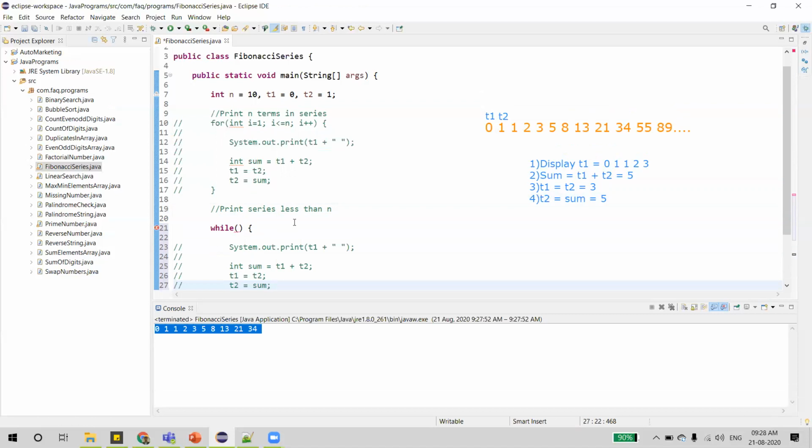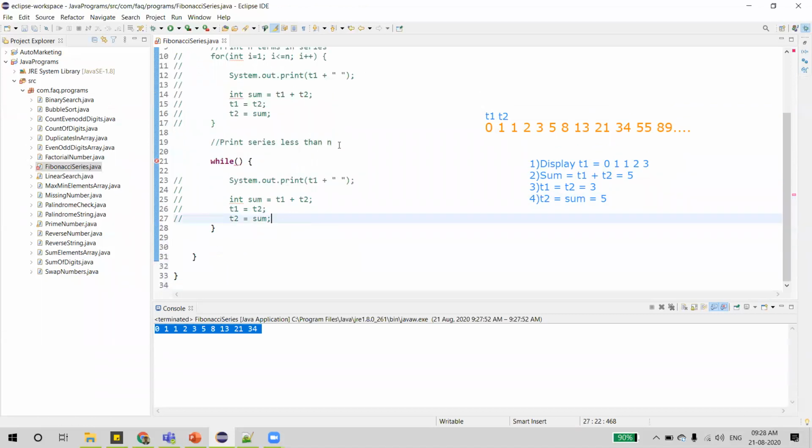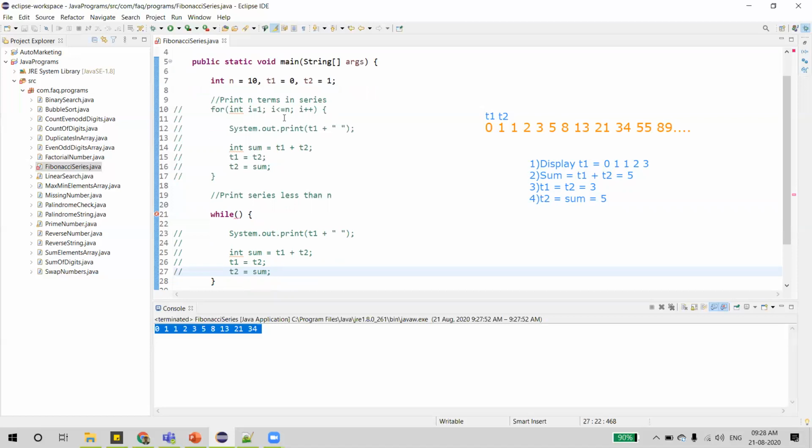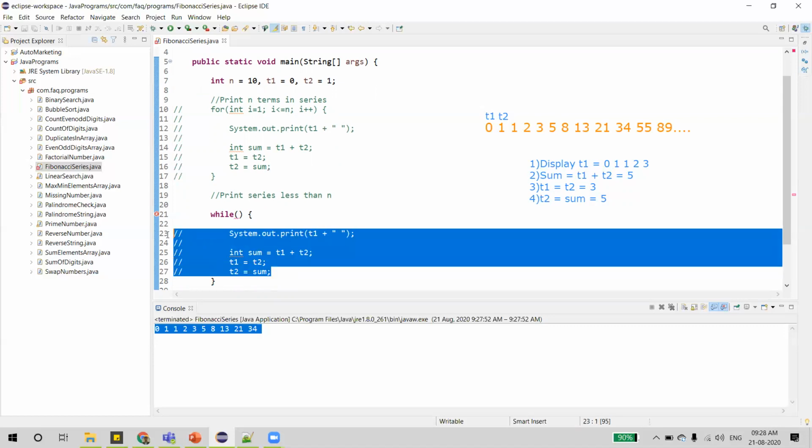We just wanted to print all the numbers less than n. So this time we don't want a variable which will be used to count the iterations. But what we wanted to do is have a condition on the term.